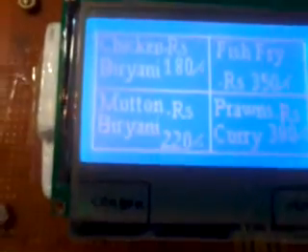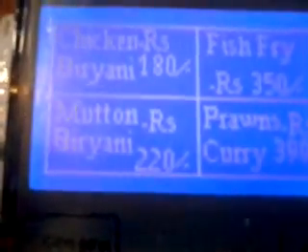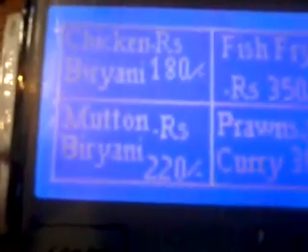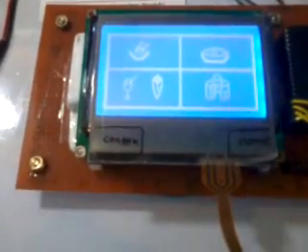So there is chicken biryani, mutton biryani, fish fry. When I press fish fry, you have selected fish fry. If you want to confirm the data we are going to send, I confirm, and you can send it to the order dispatch unit.